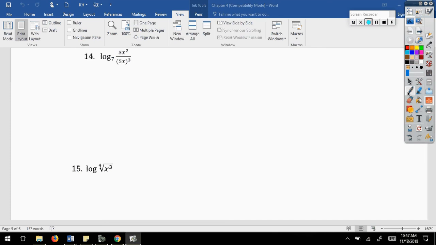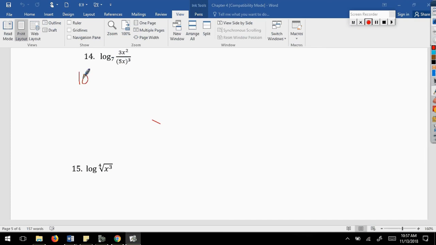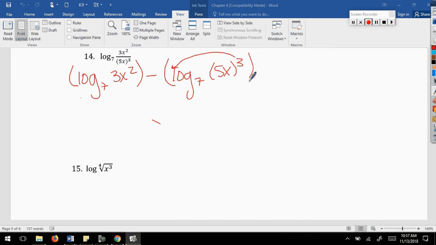So as I expand this, I want to first split up the fraction. So I have 3x squared minus the 5x cubed. This one's a little bit different. This exponent here is going to come to the front first because it's applied to the whole product here. And I am going to just put these in parentheses like this so I can keep the numerator and denominator separate. Okay, I'm going to go ahead and split up these with addition since they are multiplied. So here's still my numerator, and then my denominator is I'm bringing that 3 around front, and I have